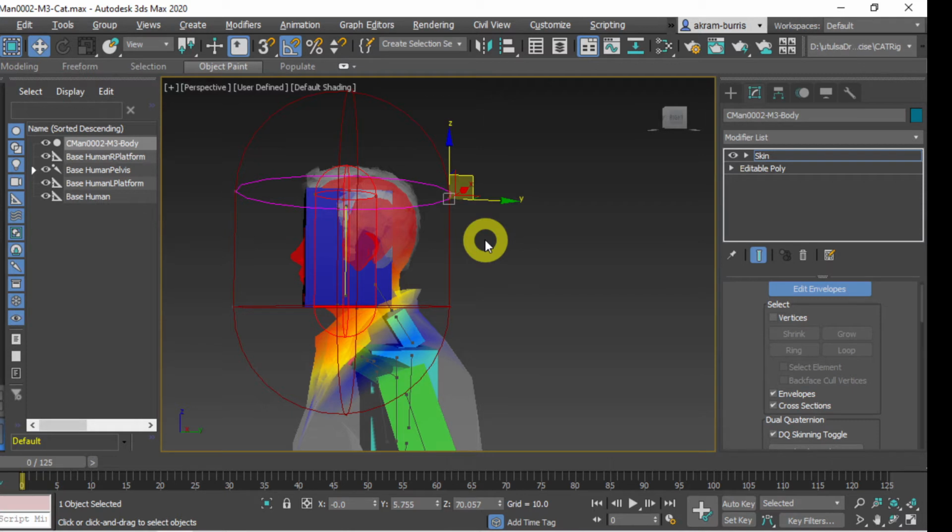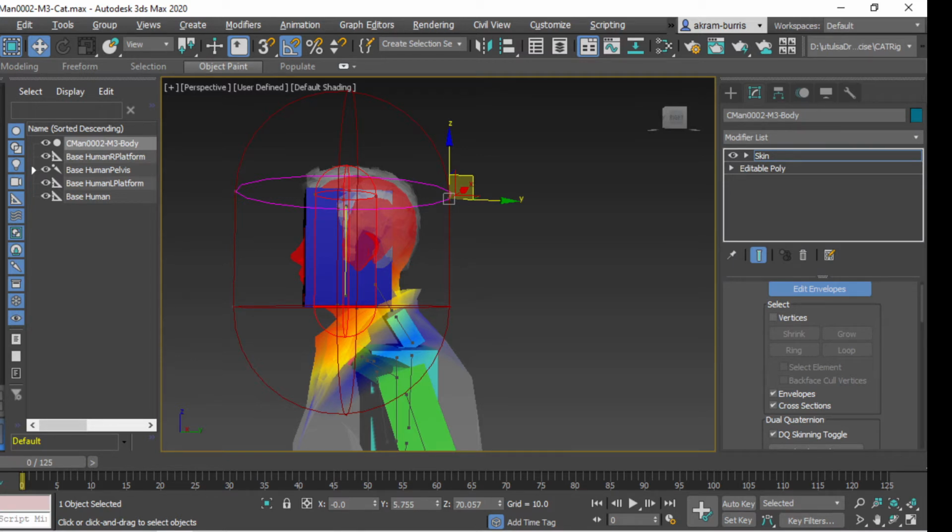And here we're looking at the head. So we can see the red is 100%. So anything shaded in red is going to move 100% with the head bone. And blue is going to be the least amount that gets affected by the movement of the head bone. And we can play around with these properties of how intense these objects actually affect the pull of the